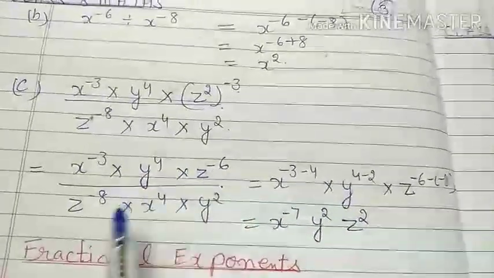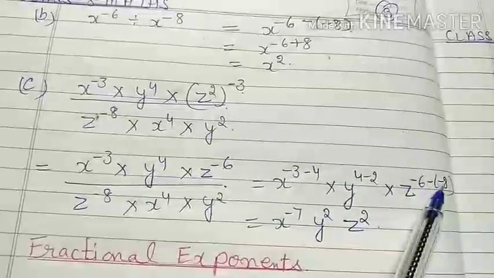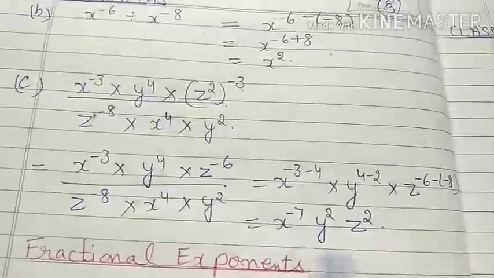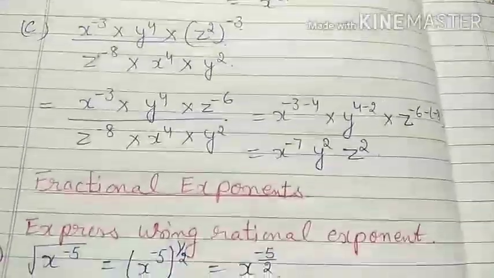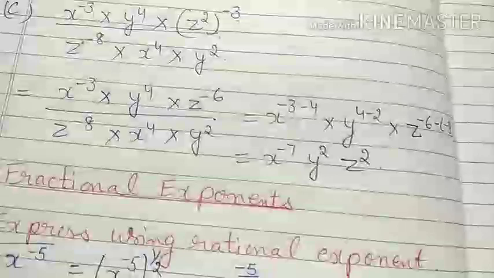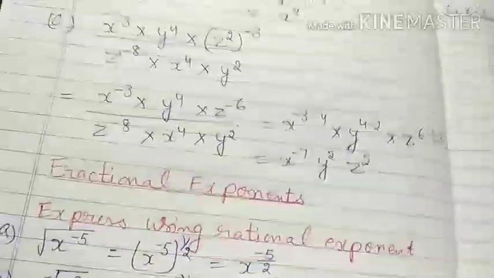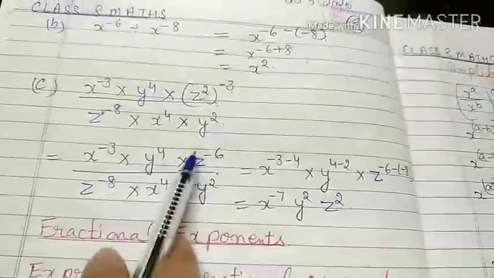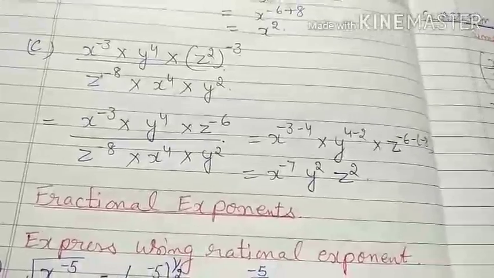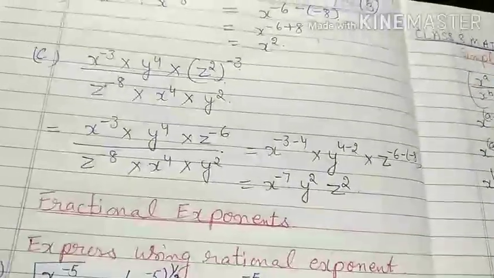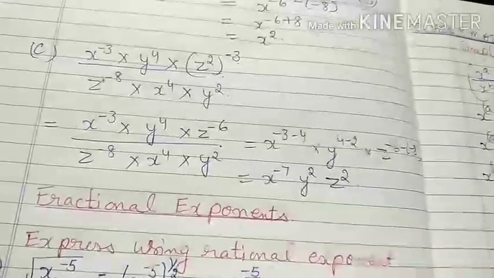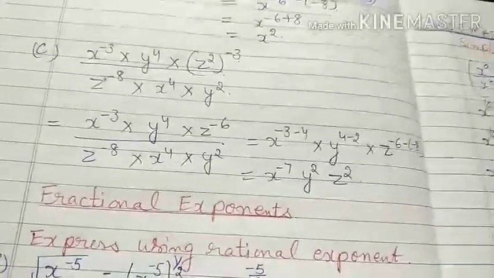Z is minus 6 minus 8, that will be plus 8, gives me 2, and my answer is x raised to power minus 7 y square z square. But what happened? There will be a fractional exponent. So what will we do? Fractional exponent means, before that, you go with the exponent of integer numbers. But in place of an integer, if there is a fraction, the rule will be the same, only the calculation will